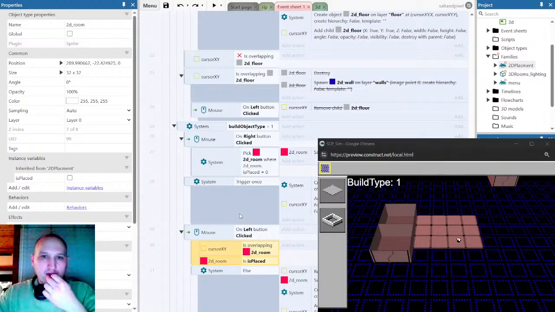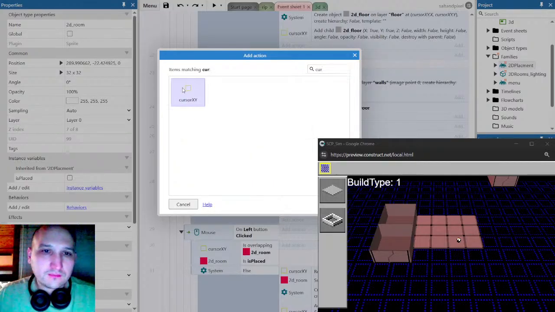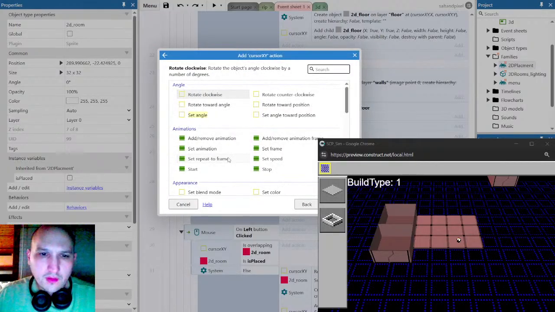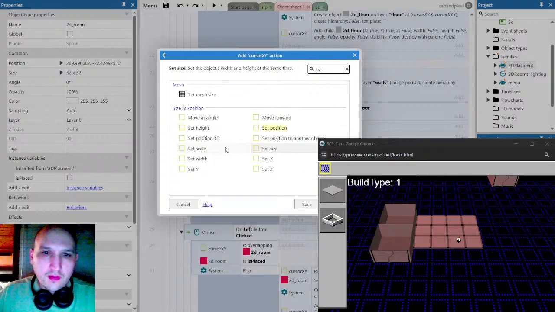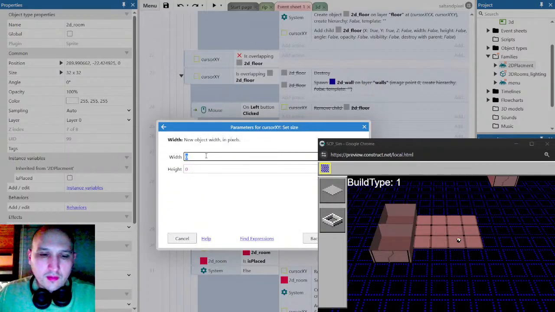What I mean by that is just change the size of the cursor. All right, I'm going to try that. Cursor set size. All right, so we do 32 by 32